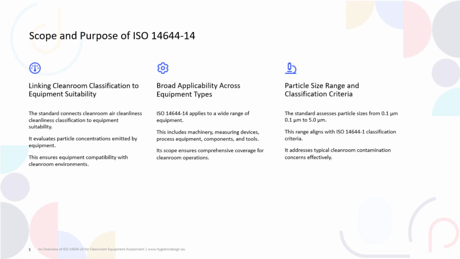ISO 14644-14 has broad applicability across many types of equipment, including machinery, measuring devices, process equipment, components, and tools. This wide scope ensures that all equipment used in cleanroom operations is assessed for its impact on air cleanliness, supporting comprehensive contamination control. The standard specifically assesses particle sizes ranging from 0.1 micrometers to 5.0 micrometers, which aligns with the